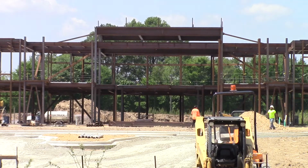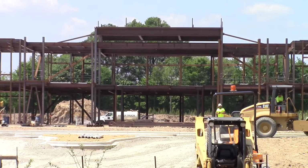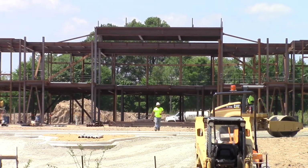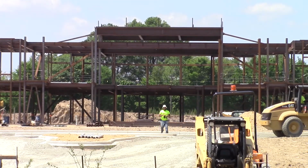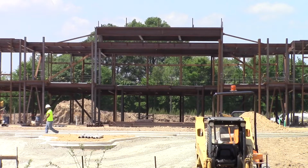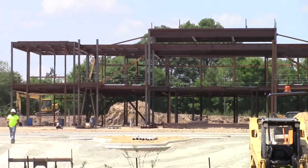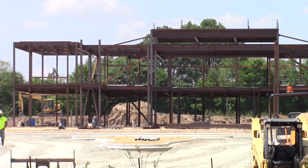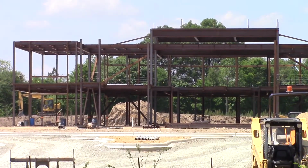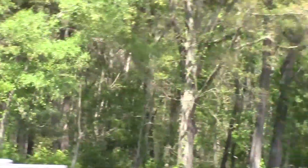Again, all this money to build the stuff, there's a question of where it's coming from. And so it's clear that the $8.5 million will not be enough, so they're going to have to raise funds somehow to pay for the deficit. And as you can see, not only do we have a skeleton that's been in construction for probably, I don't know, 3 or 4 months, hasn't made much progress, but also it's not far from the Chestnut Parkway,